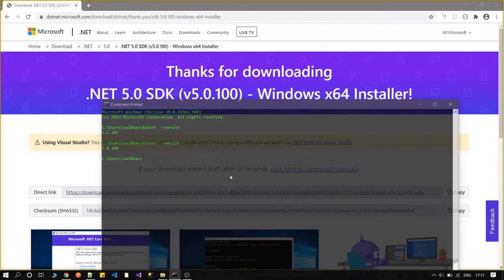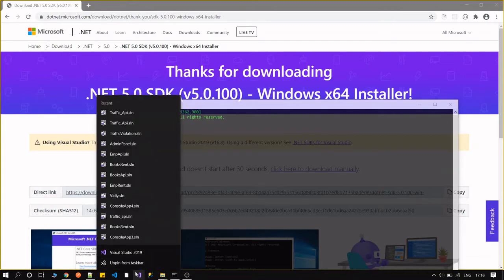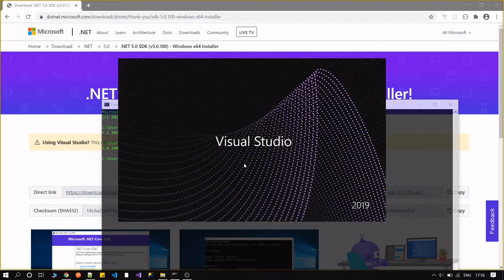Let's try to open Visual Studio and make an app for this framework. Let's open my Visual Studio. We will make a new project here so that we can learn more about the latest version.